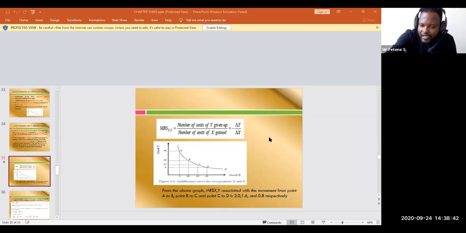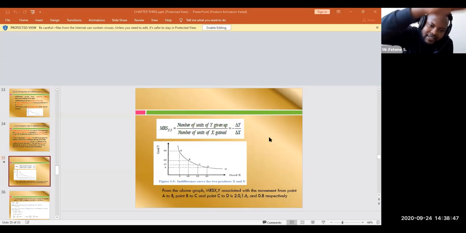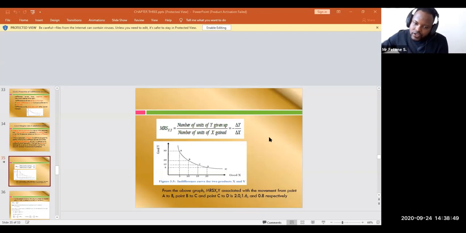Here the value is negative because the slope of the indifferent curve is always downward sloping. Because of that the slope is negative. So from the above example, from this table and graph, the marginal rate of substitution of x and y associated with the movement from the point